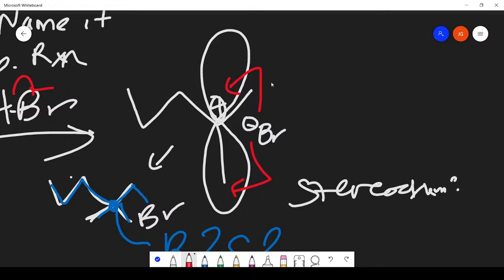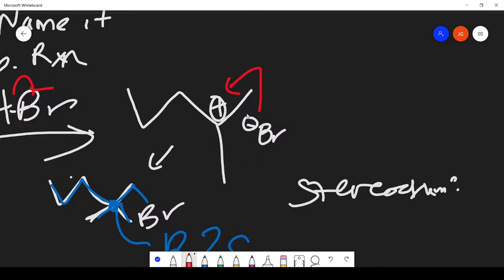Hard to tell with this one which one it will be without seeing which one's on the dash, which one's on a wedge. But you can control the stereochemistry of other reactions because you won't have necessarily this p orbital forming. You'll have specifically, like we saw with the first reaction we did with the hydrohalogenation, you block one side from being attacked. So I think that's all we're going to do because